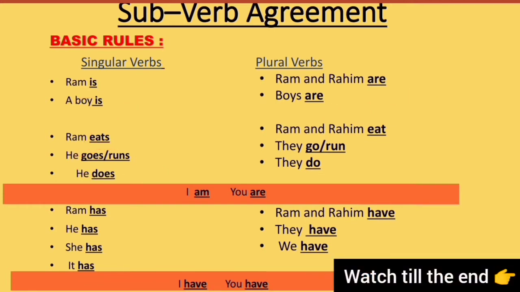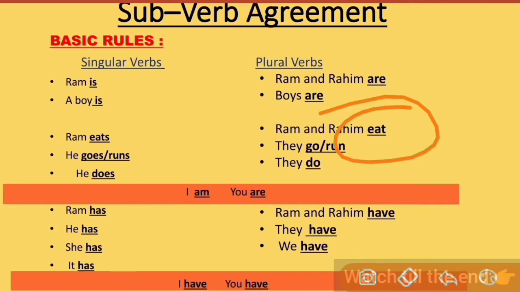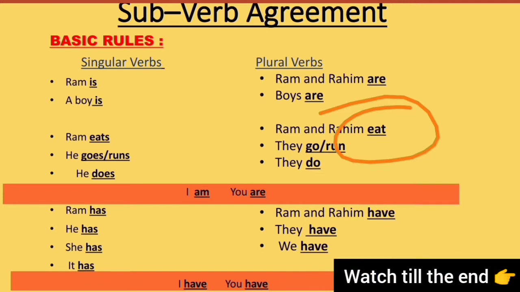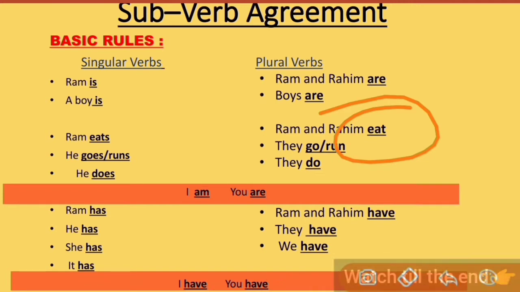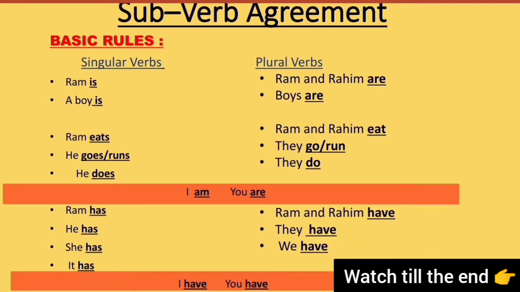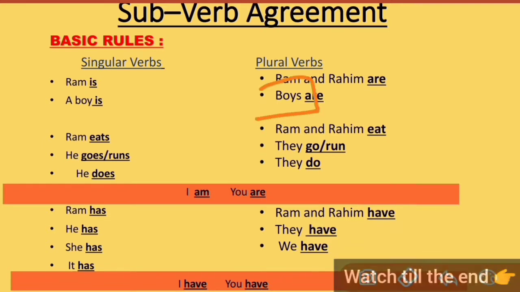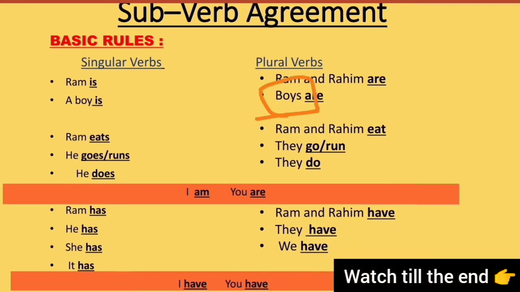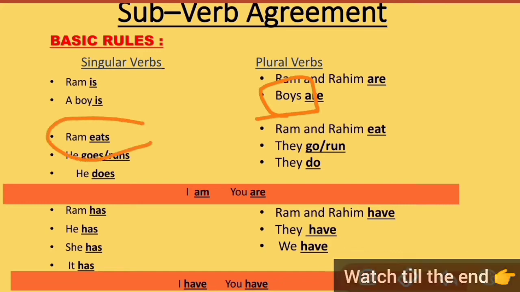But plural don't take s or es. And the funny thing is that the plural noun take s. But here we can see that singular noun take s with verbs if it is third person singular number.